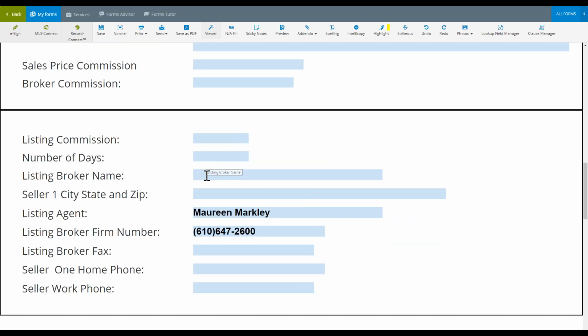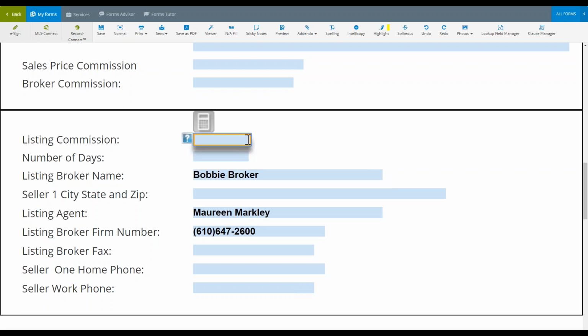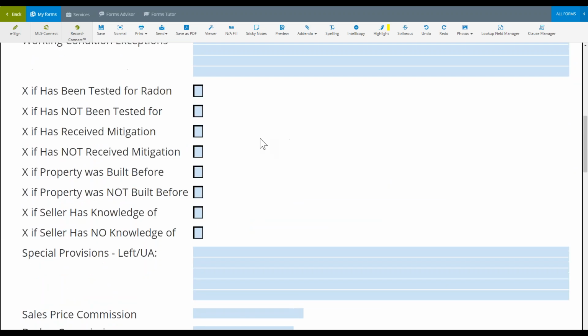Or we know listing broker name. Let's just say it's going to be Hobby Broker. We know the listing commission is going to be like 6% or 3%, something like that. Whatever data you want to enter in there, we can click Save. And if you ever want to go back to that viewer mode where you can view